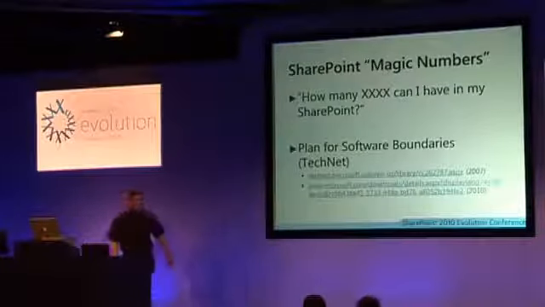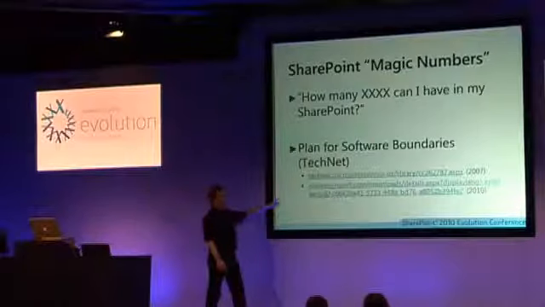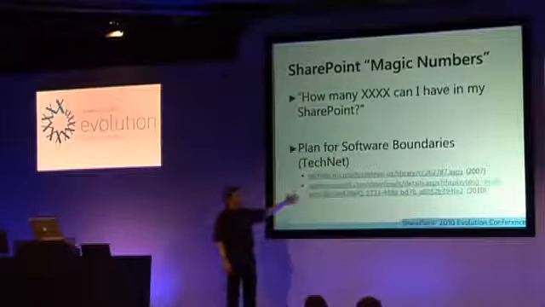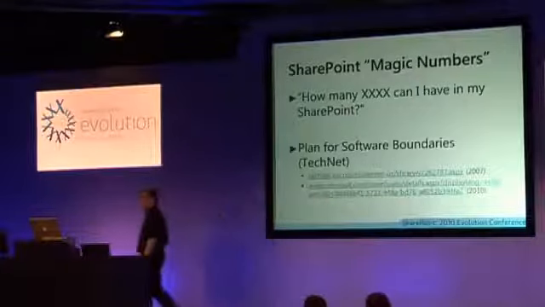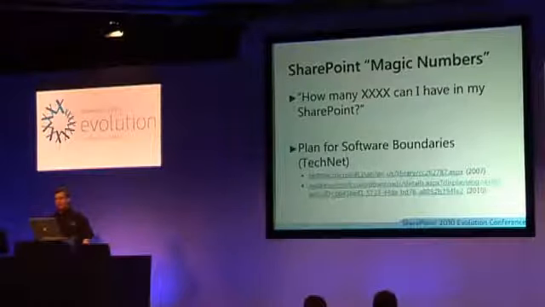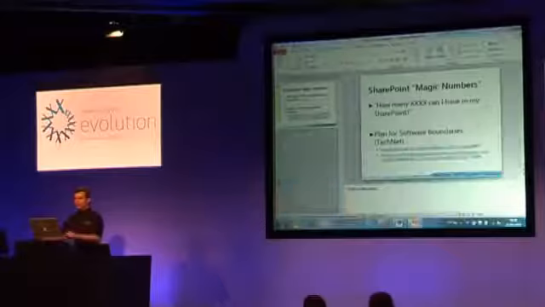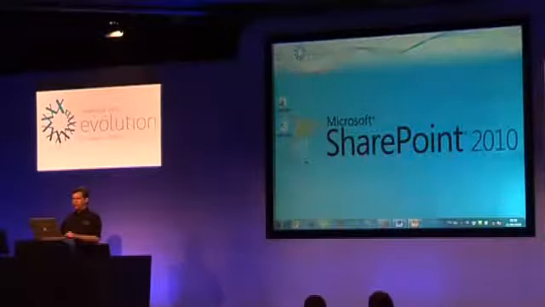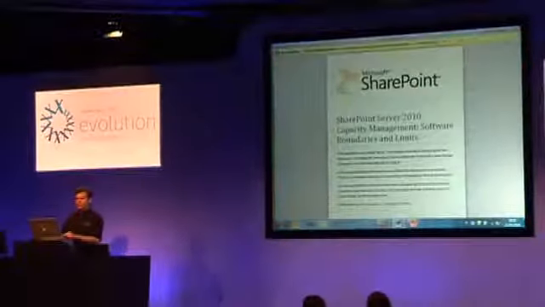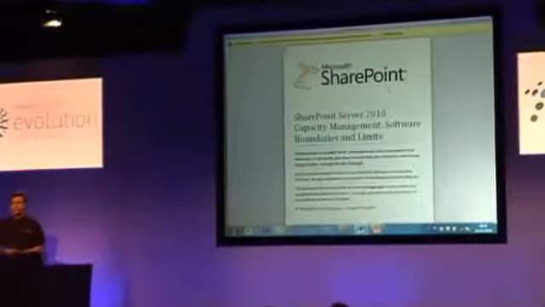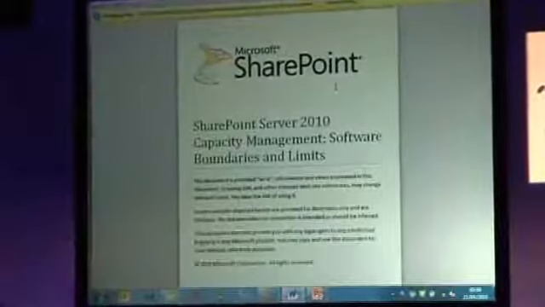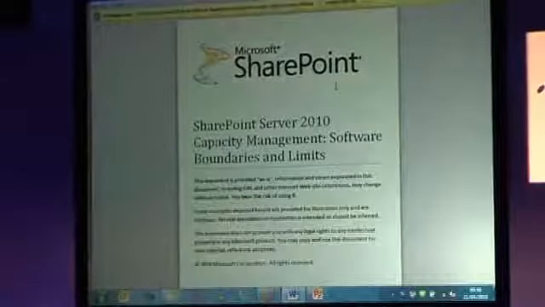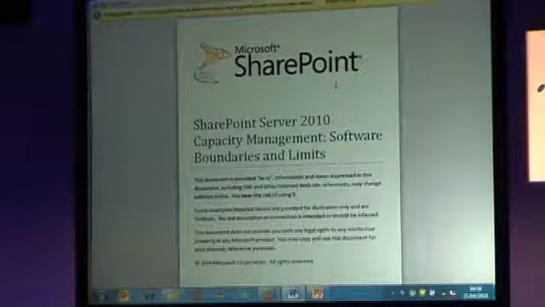You can see with 2007 we had memorable URLs, kind of. But because it's 2010, right, we've got a GUID, obviously, in the link, which makes it much easier to remember where it is. And I'll just show you this if you haven't seen it already. This is probably the most important document that you can reference in the short term as you're working with the product. They've given it a fluffy title there, capacity management, blah, blah, blah.